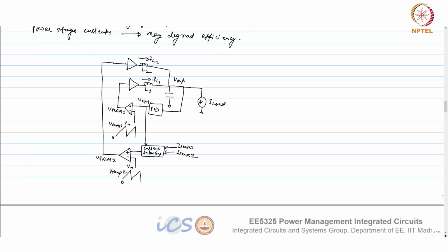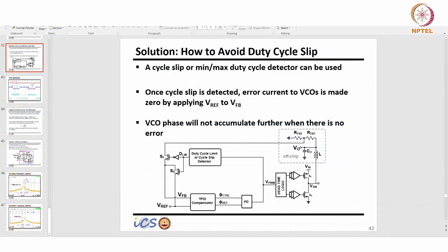So in that case, what we do, instead of running the VCO at, let's say, 10 megahertz, is run my VCO at 50 megahertz and then divide it by 5. Again I will get 10 megahertz, but since I overclock and then divide, all the phases will be perfectly matched. So you won't have any mismatch problem there. And that's what we did here, if you see.